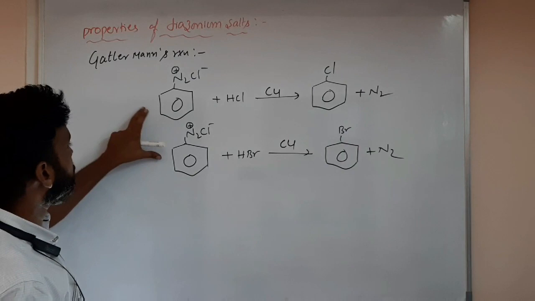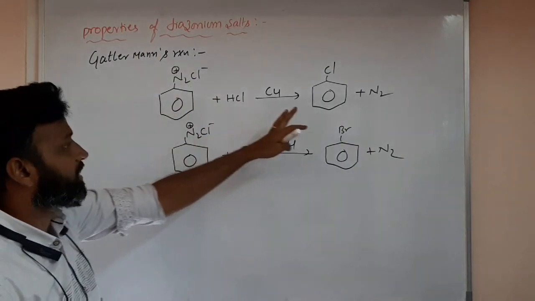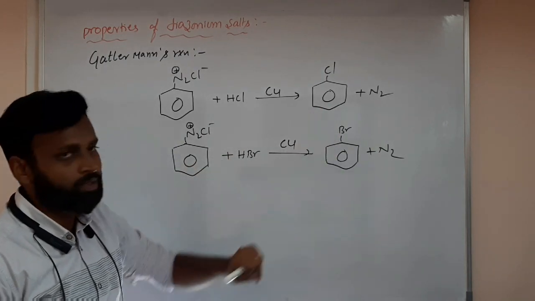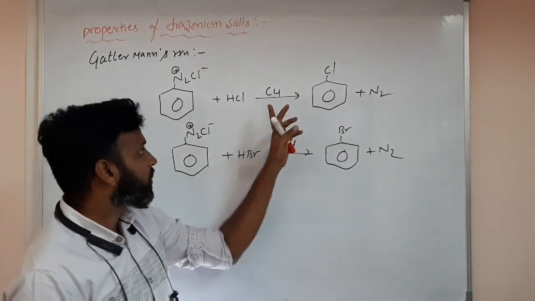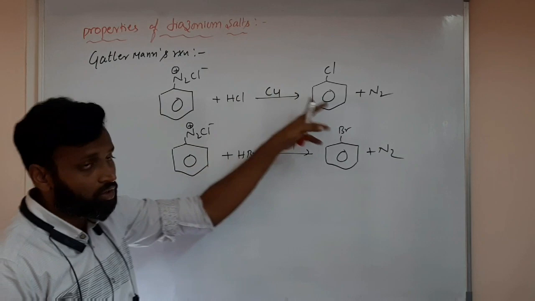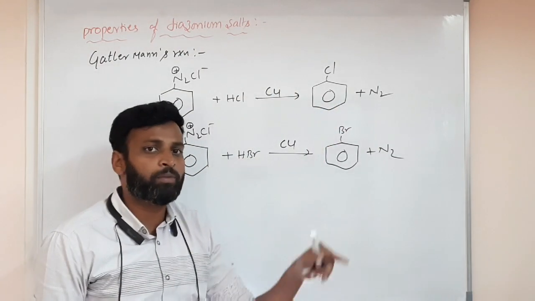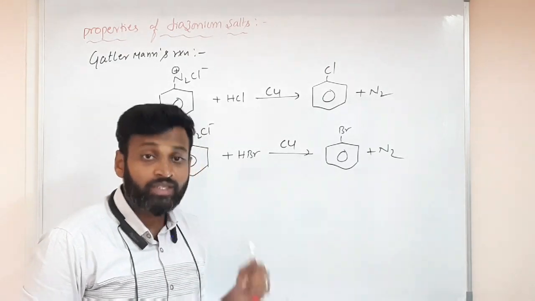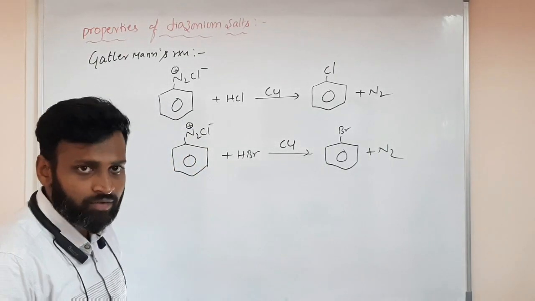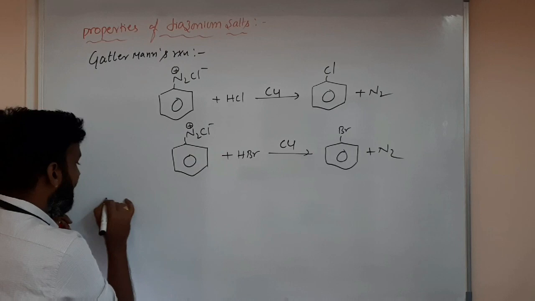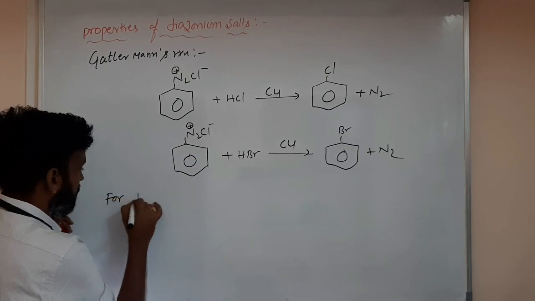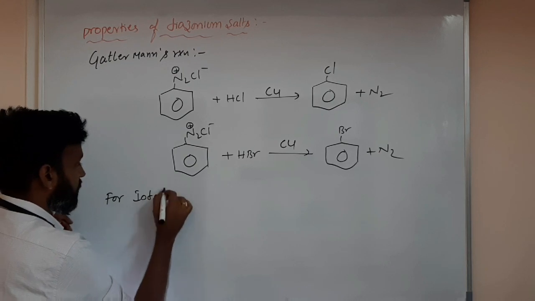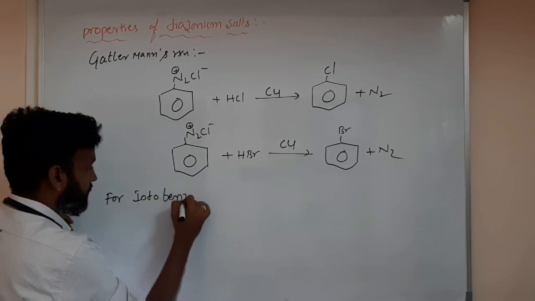Okay, so these two preparations, chlorobenzene and bromobenzene, come under the Gattermann reaction. To put it very simply, if copper is given, it is Gattermann. If copper chloride, meaning cuprous chloride, or cuprous bromide or cuprous cyanide is given, then it is called the Sandmeyer reaction. So for iodobenzene,